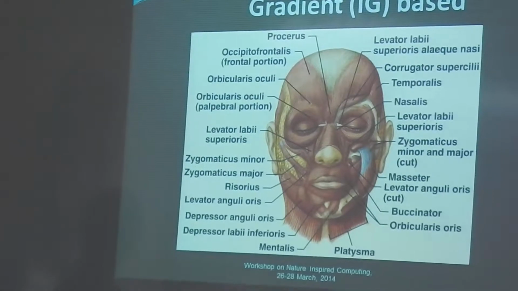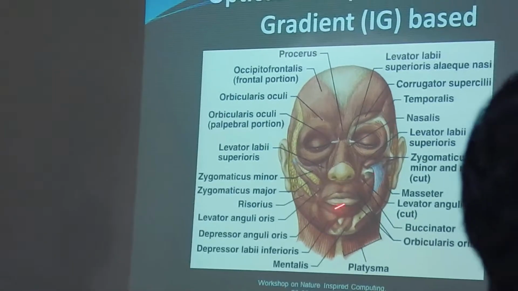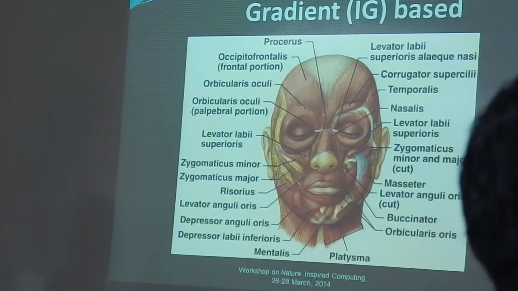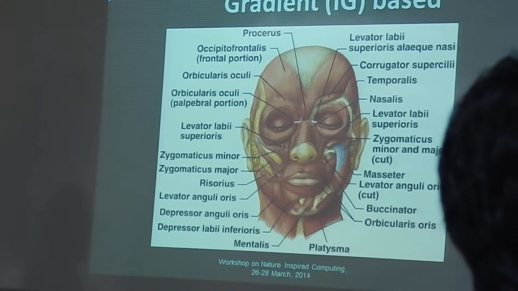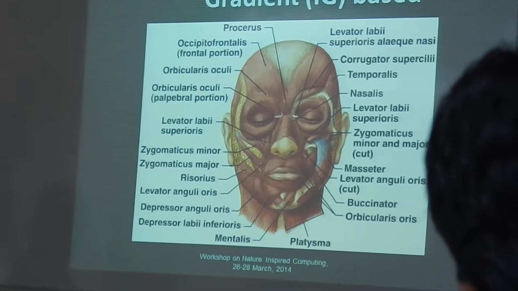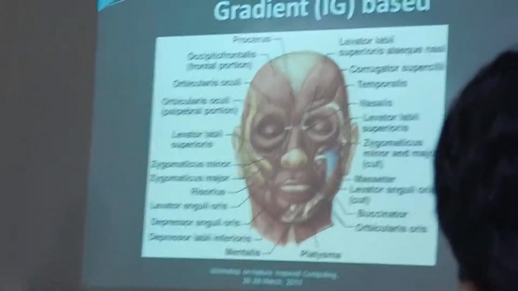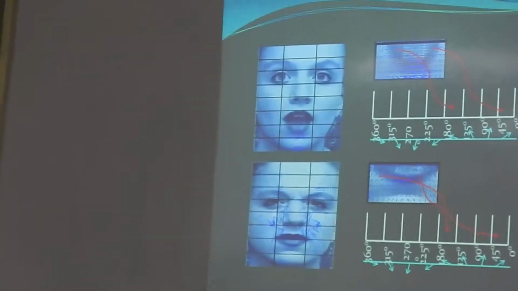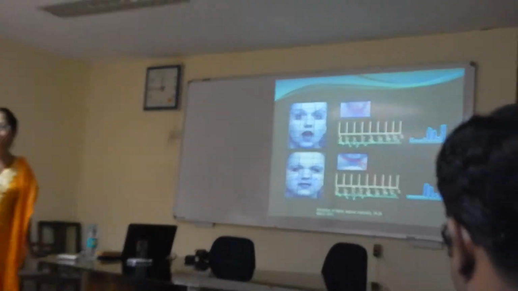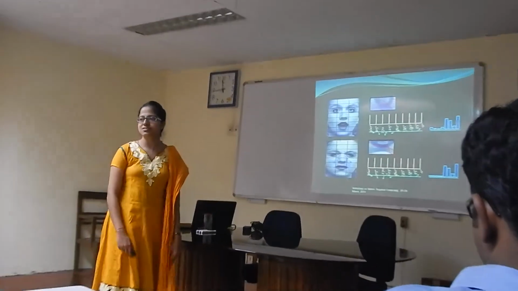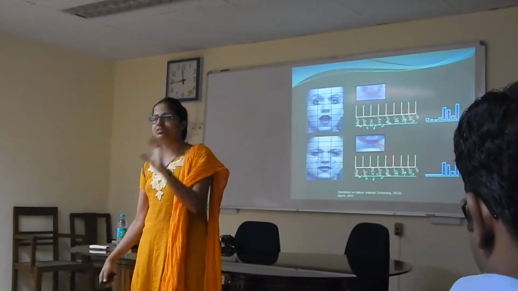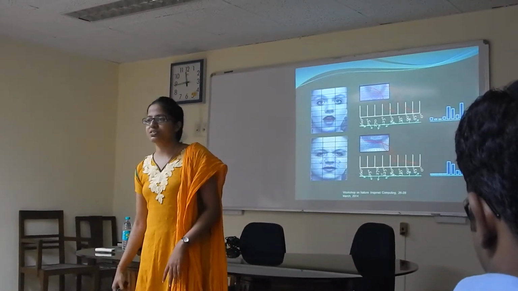Anyways, what we wish to do here is capture the movement of these muscles: in which direction, by how much, and which muscle is moving. That tells us what type of expression it is. So for that we are using optical flow. Do you know anything about optical flow? Any idea what optical flow is? None? Optical flow is a tool. It's a very well-known tool. If you Google it, you can get many tutorials on this.